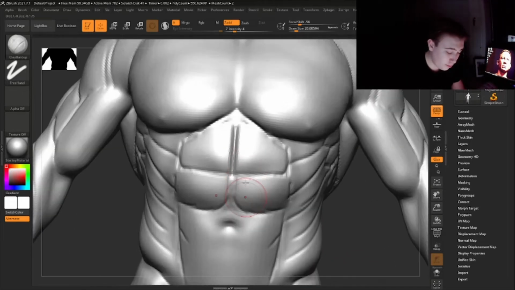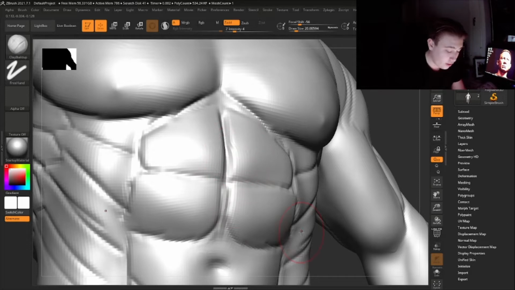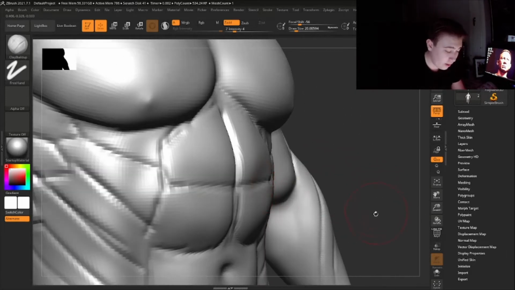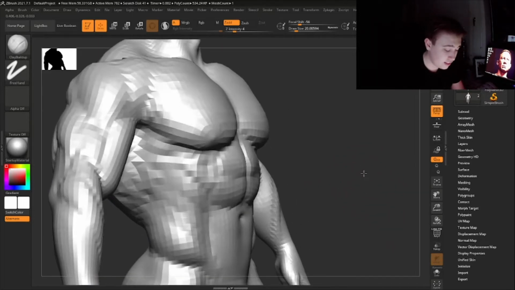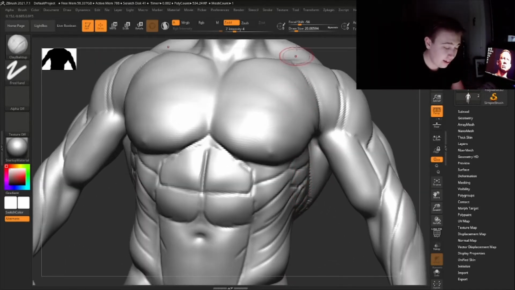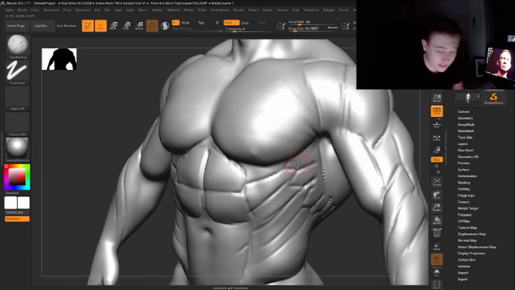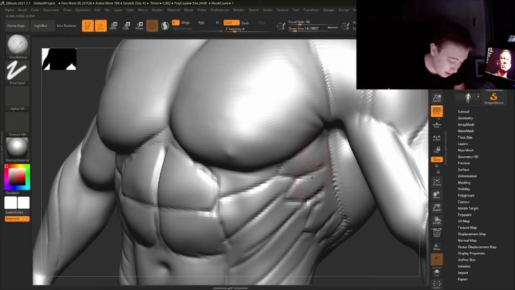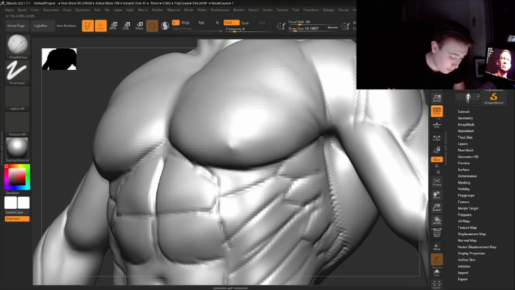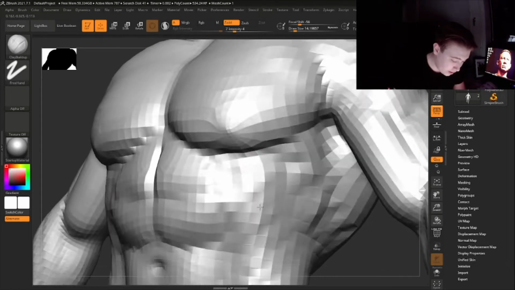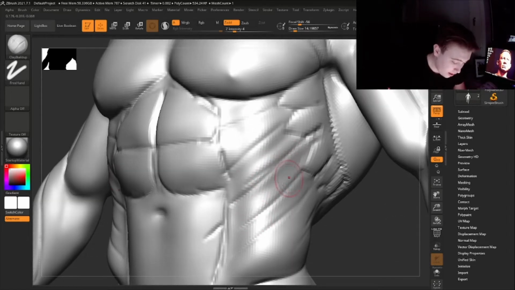So it's really important because, if you look at the abs right here, nobody has abs like this, and this is a really common mistake I see people make in the beginning, including myself. I made muscles so clear that you could see them from a mile away, kinda. So we're just gonna remove some of this. And you can clearly see I'm just adding some fat, and then I'm gonna smooth it